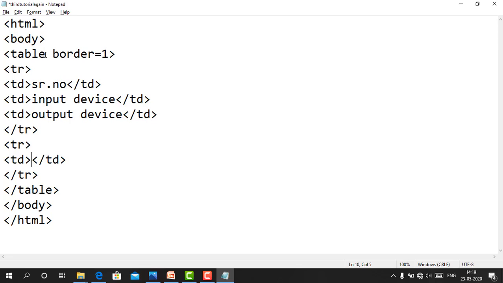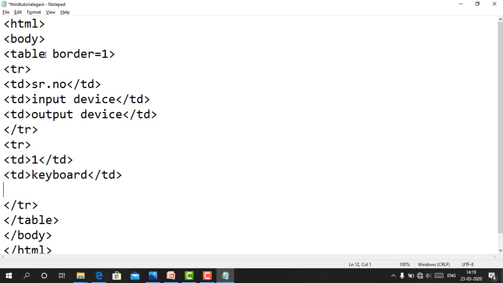In the second row we want 1, then again in the td section, closing td, first one is the keyboard, second one is the monitor. Okay, first Control S, the second row will be created.